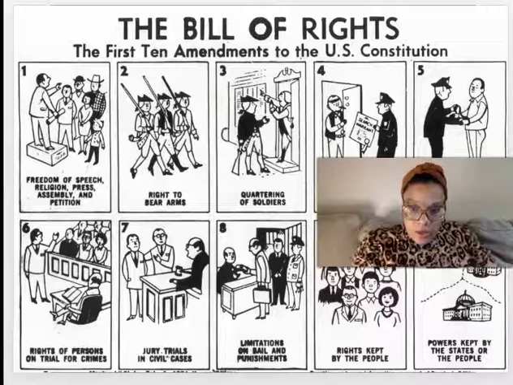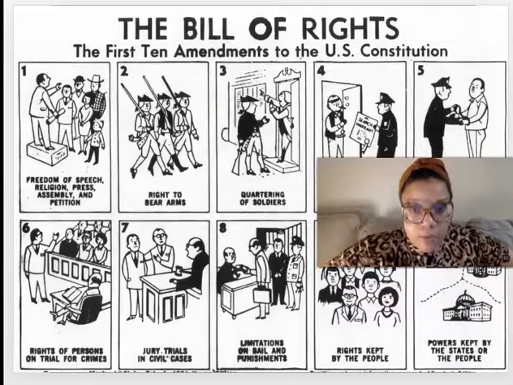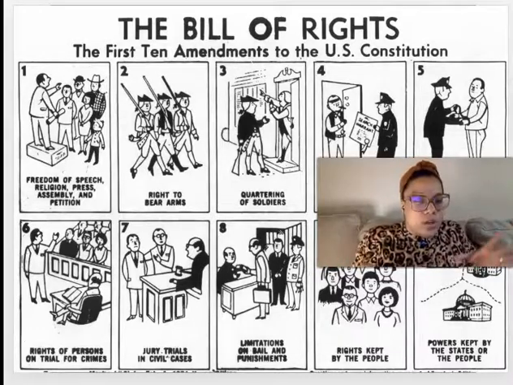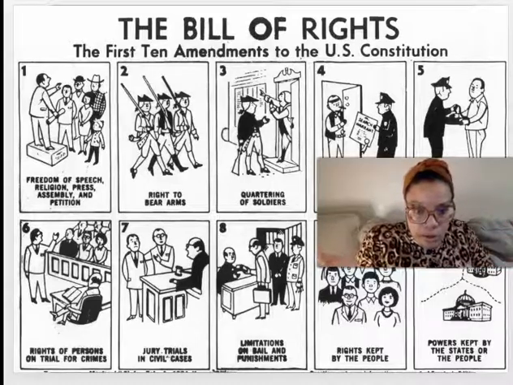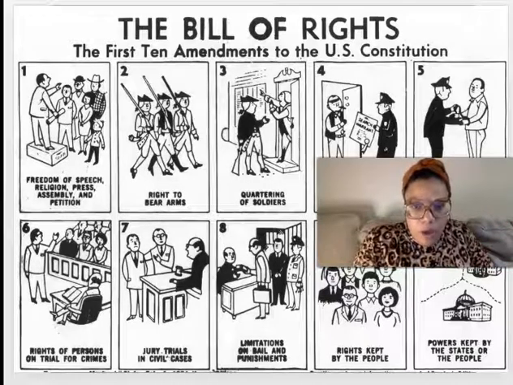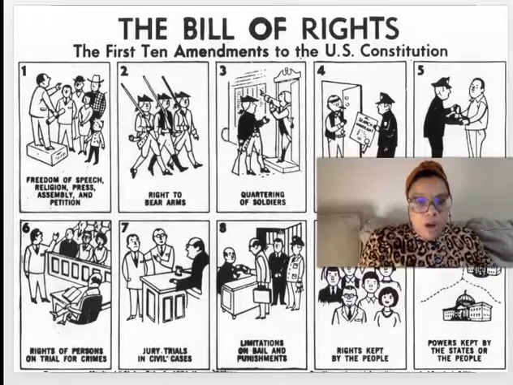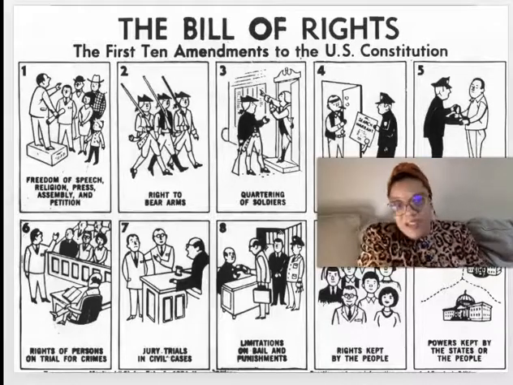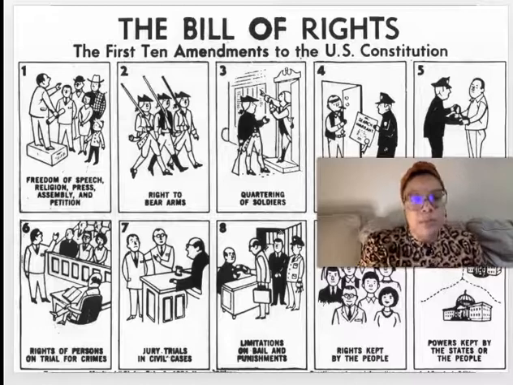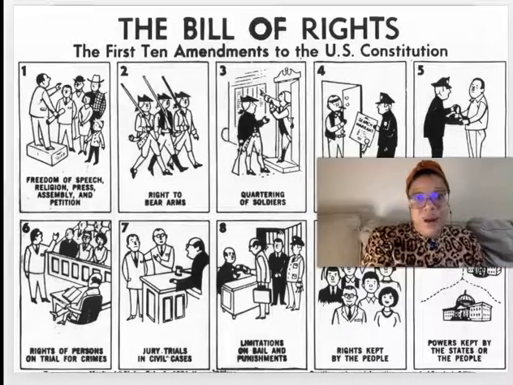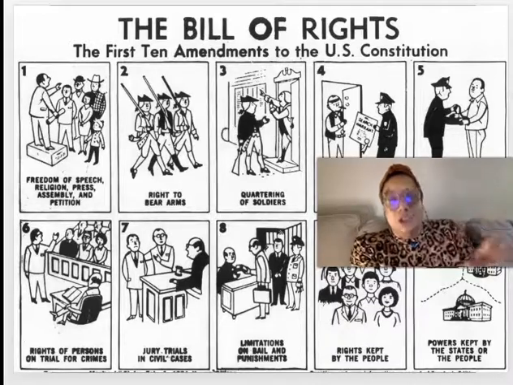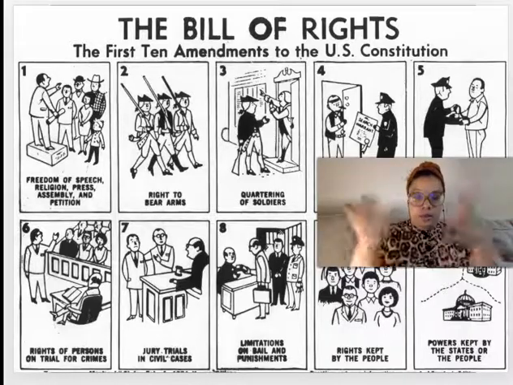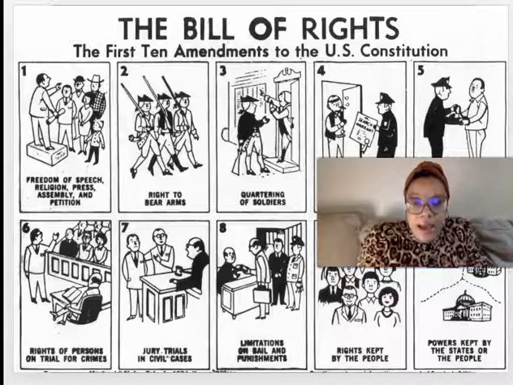And as always, I enjoy the use of pictographics. So we can see here the Bill of Rights as the first 10 amendments to the U.S. Constitution, laid out in this form. Often in our lives when we talk about the rights that you have to do something, the majority of the time those things are truly based in the Bill of Rights. Like, I know my rights. If you know your rights, it's starting here.